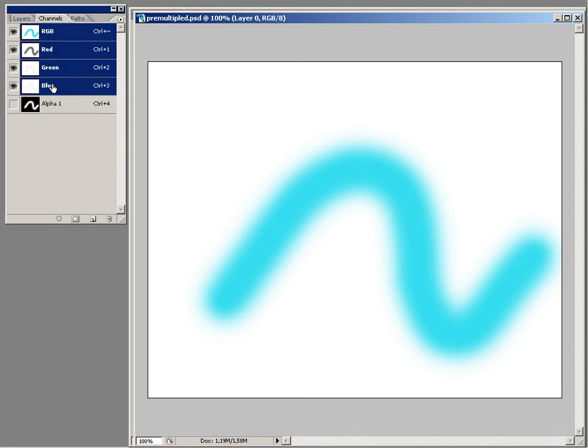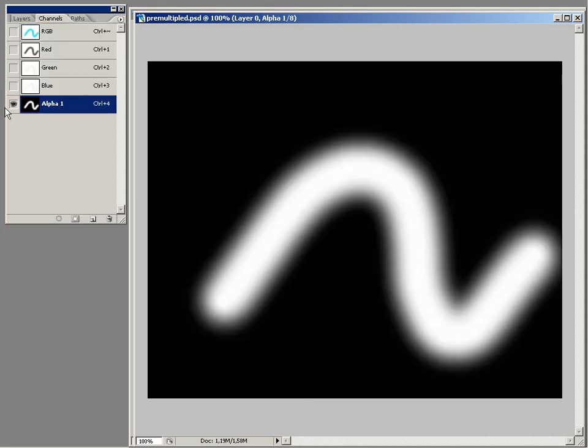Inside this image we have embedded an alpha channel. This alpha channel contains all the information about the transparency of this image. First of all, the color black will be interpreted as the transparent part of this image. The white color will be solid, and the in-between colors from white to black, so the grays, determine the transparency